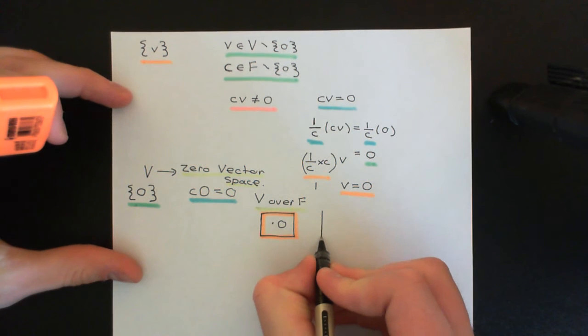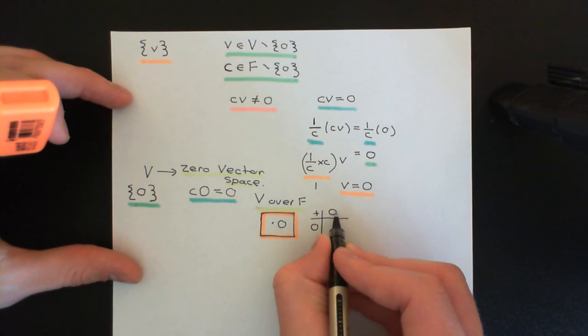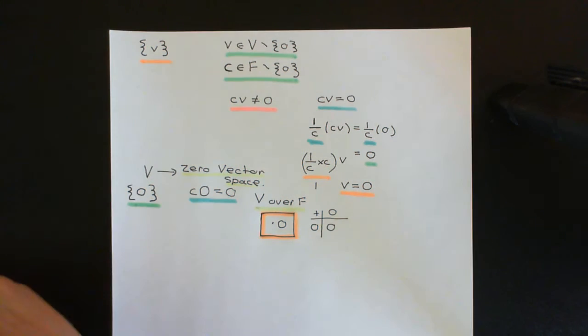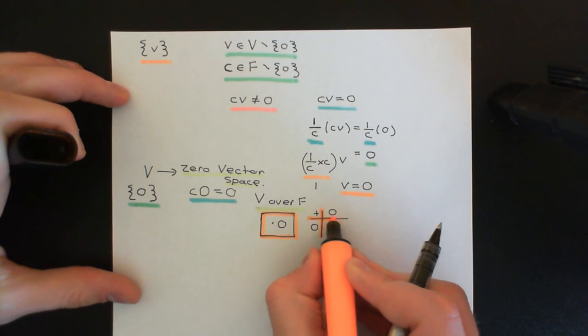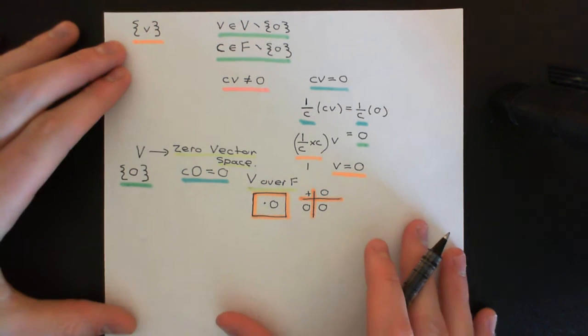The addition law is very, very simple. The only possible addition that you've got is 0 plus 0, and the only answer you can get is 0. Therefore it is the additive identity in this vector space, trivially. And then finally,